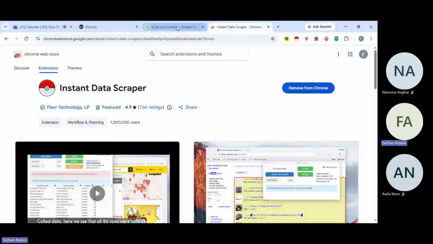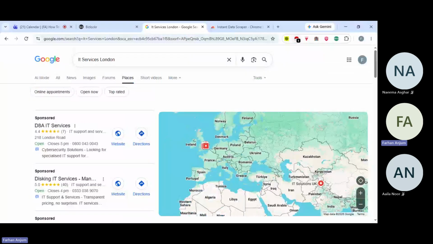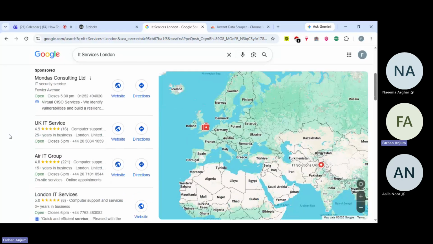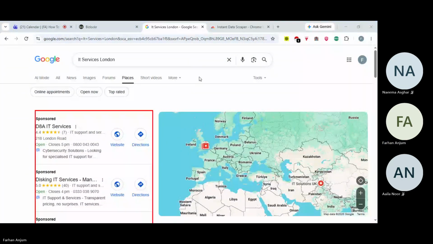Now, once it's installed, it would be coming somewhere like here. So here you can see Instant Data Scraper has access to this site. That means it's integrated now. You don't need to integrate it by yourself. All you need to do is simply add it to Chrome as an extension, install it, add it, and then run it. All right, so once that is done, simple as that, click onto this Instant Data Scraper.